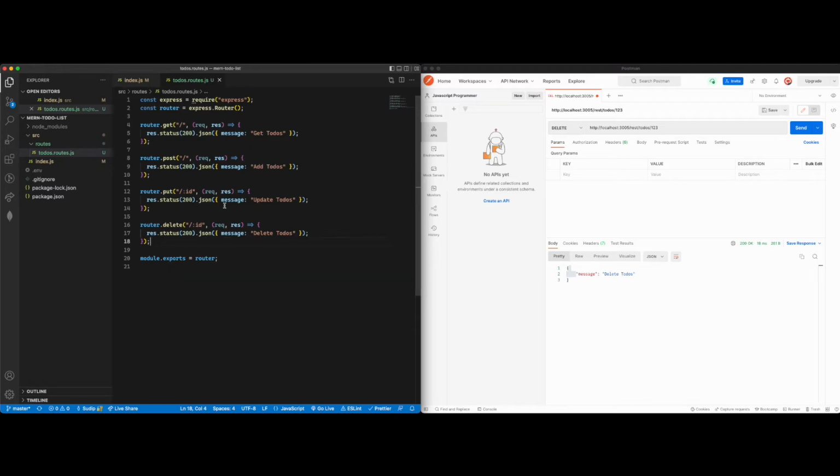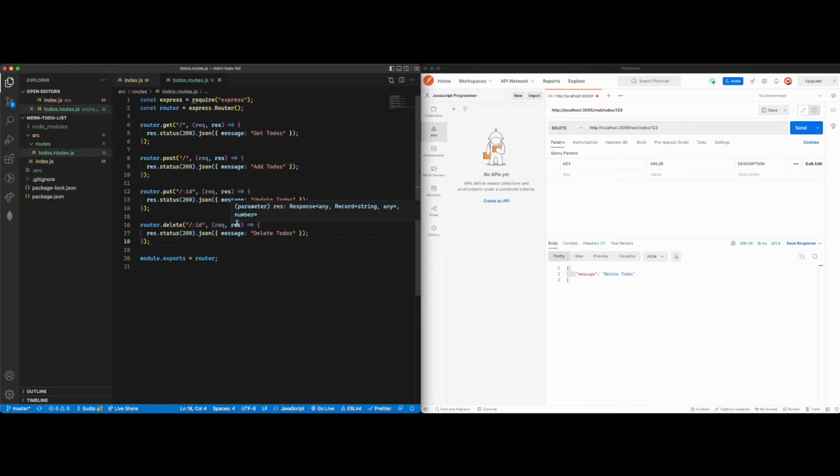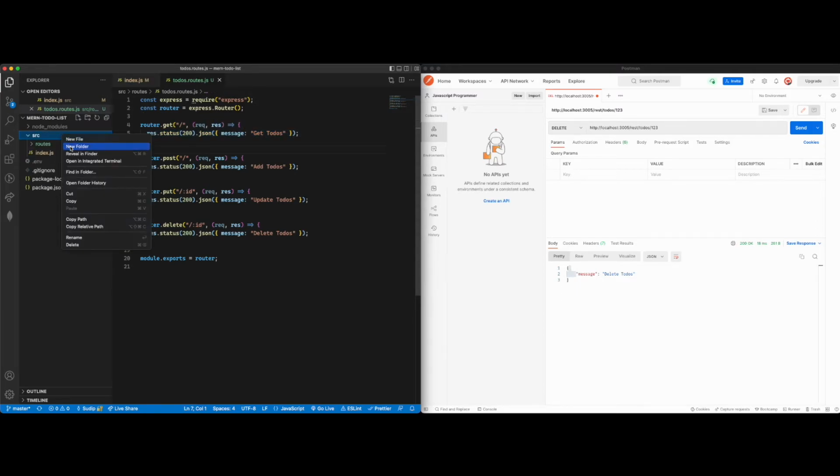And okay, so what are we missing here? Although all of our routes are set up, this code looks a little bit messy, so we want to clean it up. Right now it's just one line of code, but later on when we move along with the series, all of the logic to interact with the database and handling a whole bunch of things is going to go here, and this file will get pretty messy. So the correct way to do it is underneath the source directory, you want to create a folder with